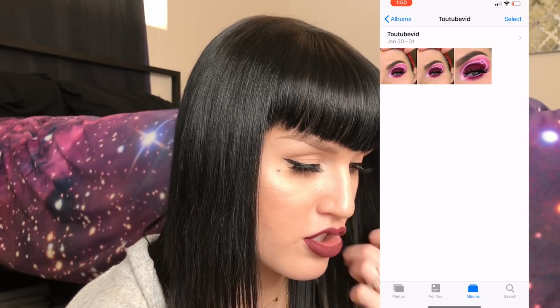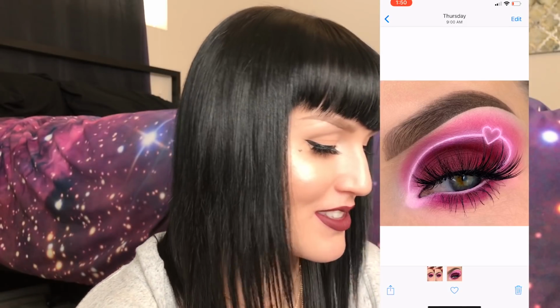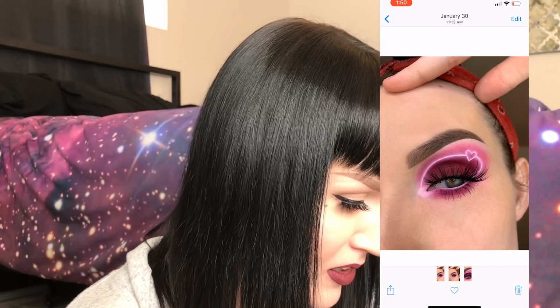And then here I'll show you once I crop it. Here is the final result. So from this to this. And I feel like the crop is where the magic really happens because it takes out this nasty bandana and my fingers holding up my lid and my roots that need to be colored, and now it's this beautiful Valentine's neon look. That's where I would go to post on Instagram,